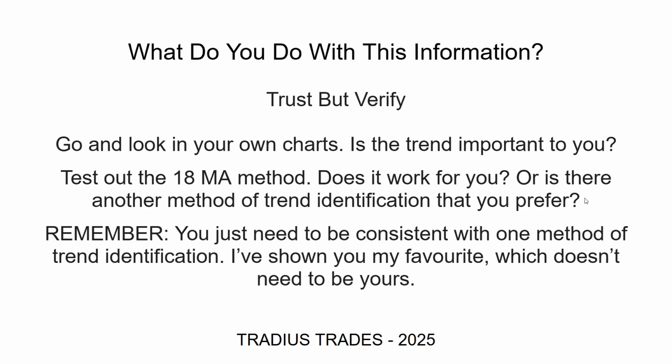Maybe you like a 12 Donchian channel. Maybe you like a Bollinger Band. Maybe you like, I don't know, there's lots of tools. Maybe you prefer market structure, just using simple short-term swing points in the marketplace. Whatever it is that you prefer to determine the trend in your price analysis, stick with it, pick one that works for you, and just apply that consistently in your analysis. It doesn't have to be the one that I liked. You don't need to like what I like. You just need to find what you like and be consistent with it. Basically, I've shown you my favorite here, but it doesn't need to be yours, okay?